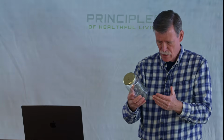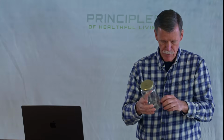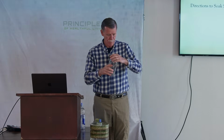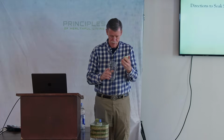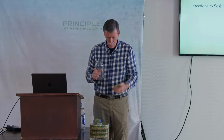And so you can put 2 tablespoons in there and put your water up, and you let it sit all night. Just let it sit all night. And then you can buy tops that have holes in them. They're real small for alfalfa and bigger for beans. But let's say if you don't have that and you're trying to save money at first, well, you just get,